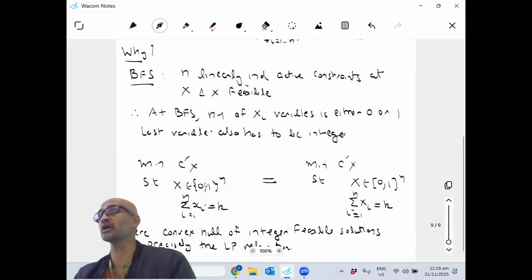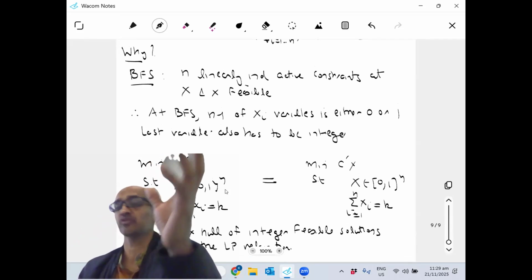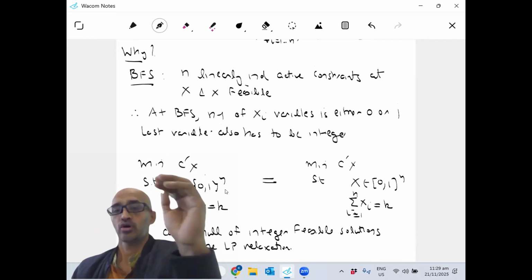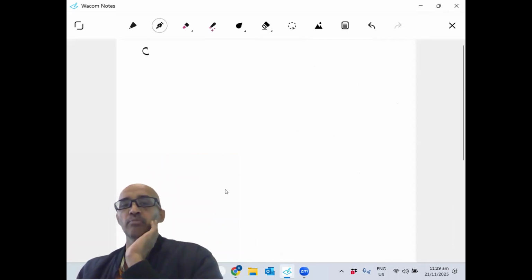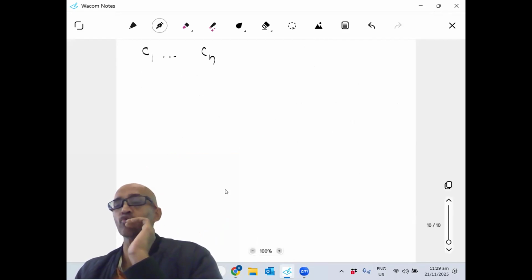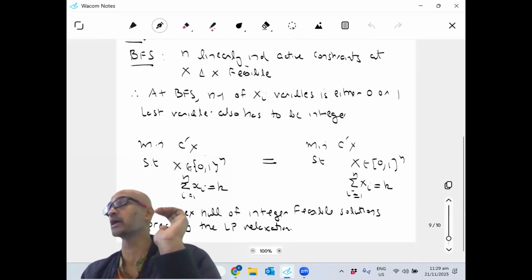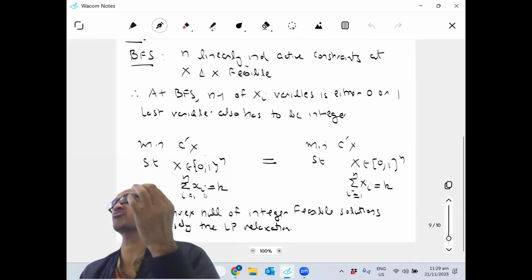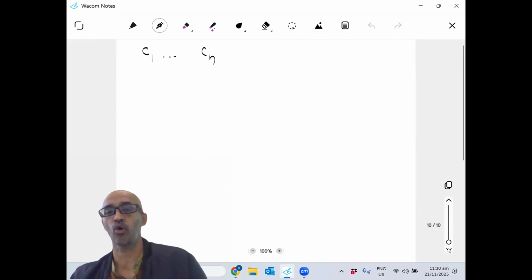And what is this problem doing? You've got numbers c1 up to cn, and it's trying to pick the k smallest numbers. You sort these numbers from small to high